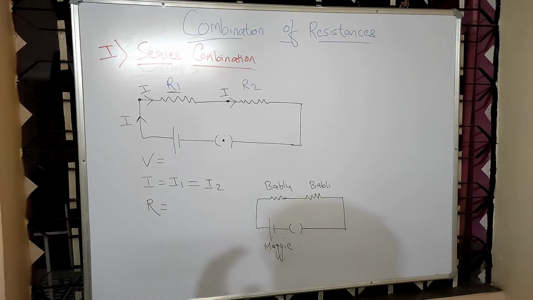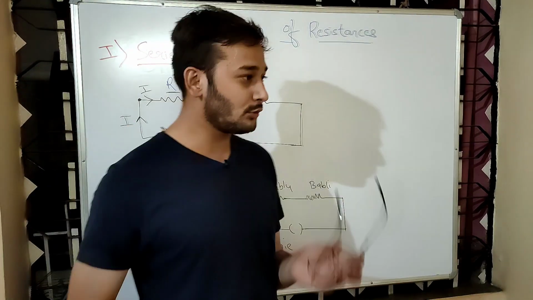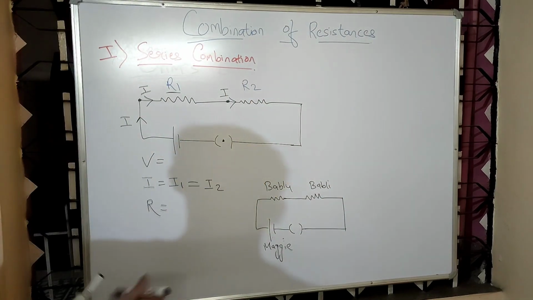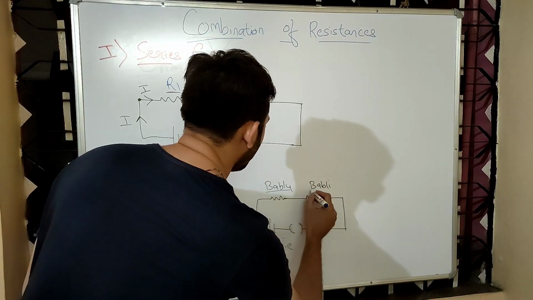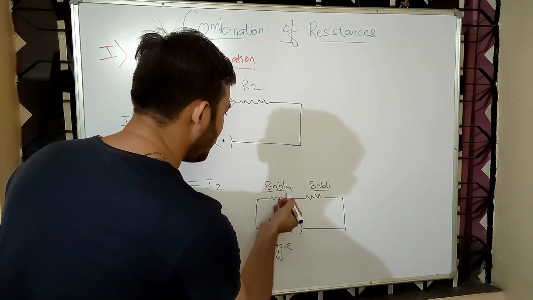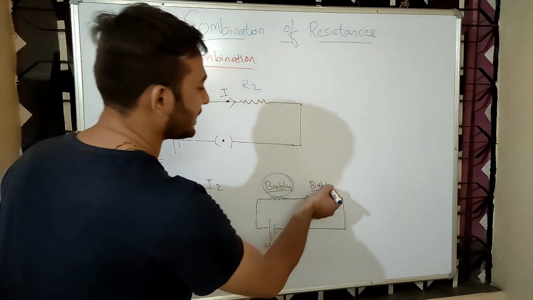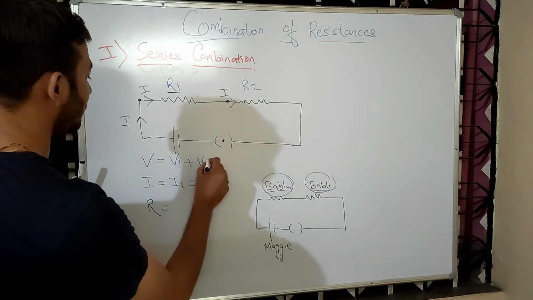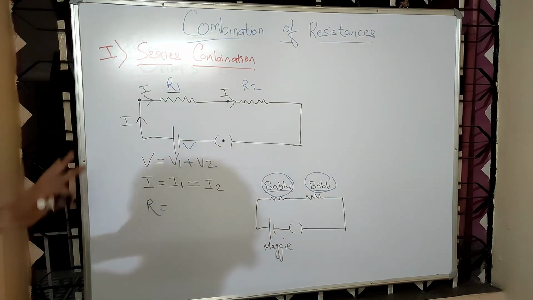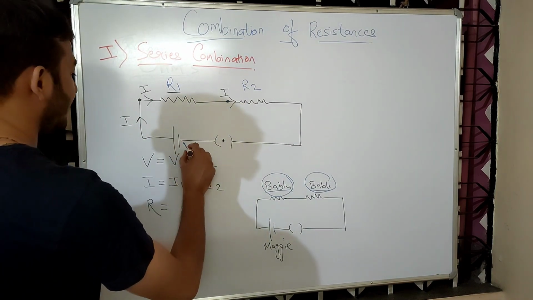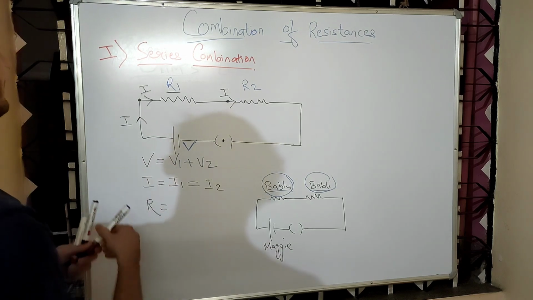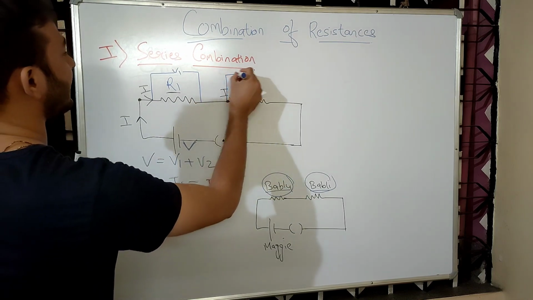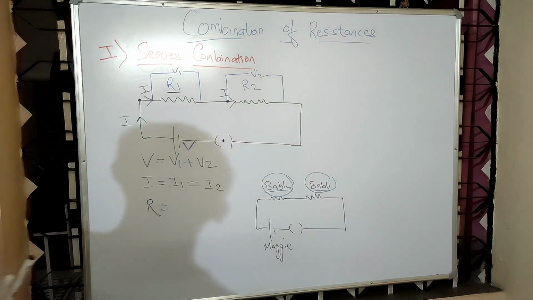Now what to do? Can you imagine? Bablu has to share his Maggie. My God! So this Maggie will be shared equally among Bablu and Bubbly. So this Maggie will be equal to Maggie on Bablu's plate plus Maggie on Bubbly's plate. So V will be equal to V1 plus V2. ये बैटरी का जो भी पोटेंशियल डिफरेंस है, let's say it is V. So this will be equal to the potential difference across R1, say V1, and the potential difference across R2, say V2.